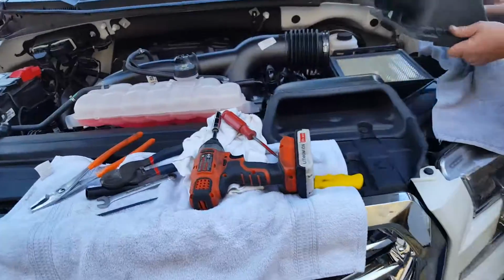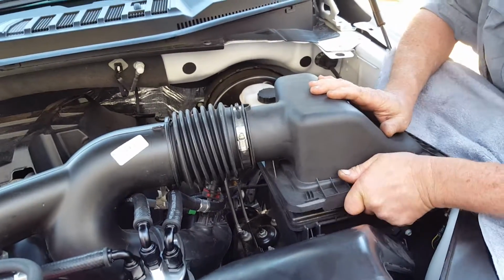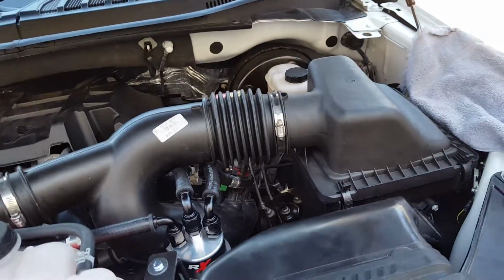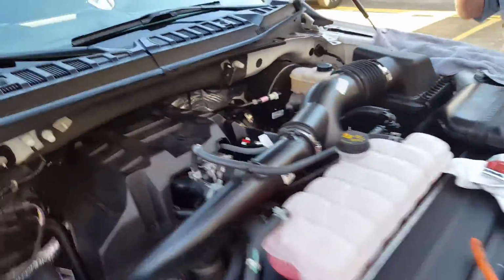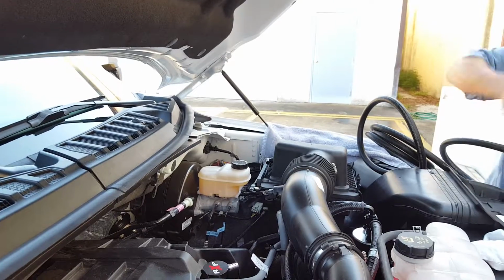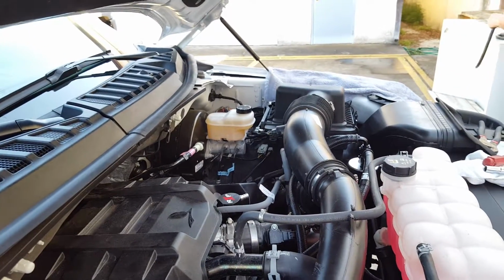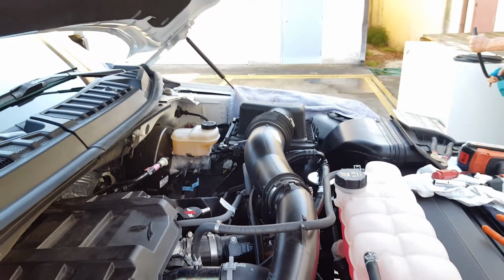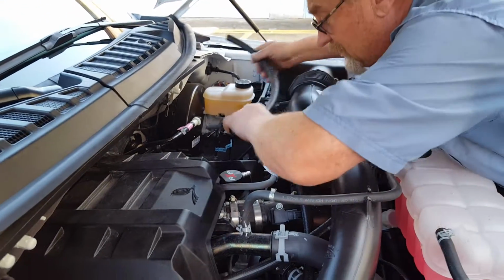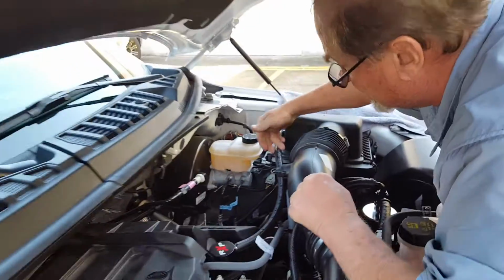Now we're going to reinstall this. And we're just going to measure and cut a length of line to attach it to the cap. And we have a completed system. We're going on to the barb here and over here. So our filtered fresh air comes in through here,